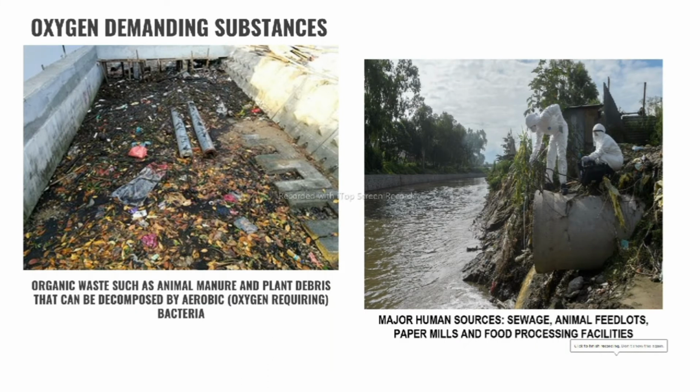Another stormwater related pollutant is coming from the oxygen demanding substances. The first picture reflected the organic waste such as animal manure and plant debris that can be decomposed by aerobic bacteria, or these aerobic bacteria require oxygen in order to process and decompose these particular substances. While the second picture reflected the major human sources such as the sewage, animal feedlots, paper mills, and food processing